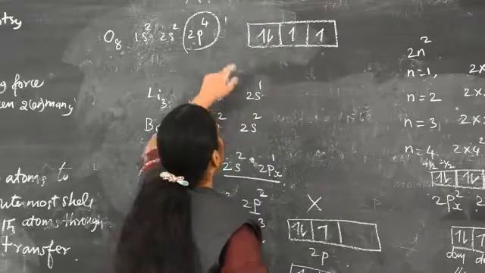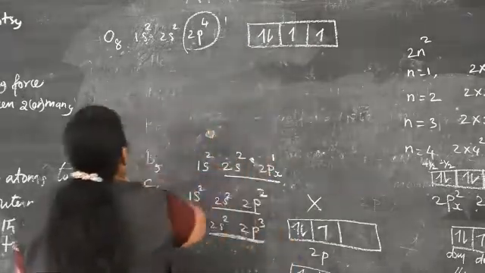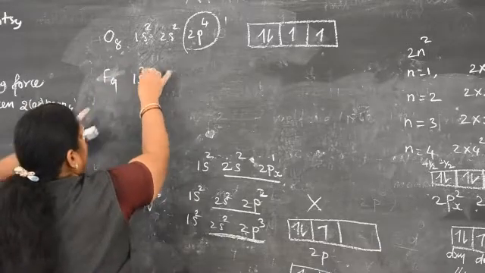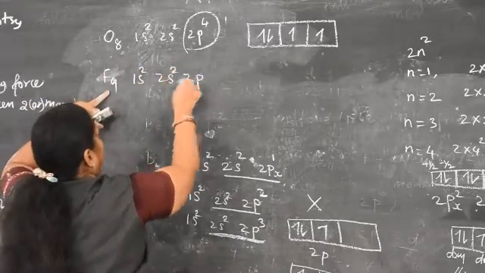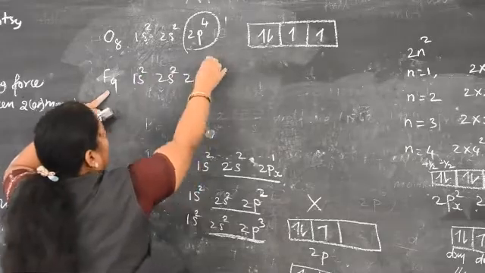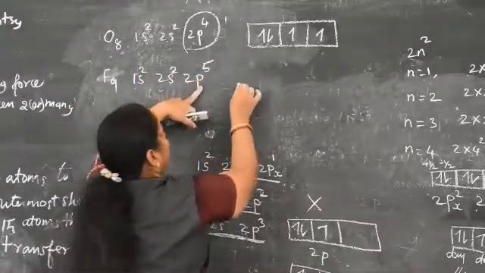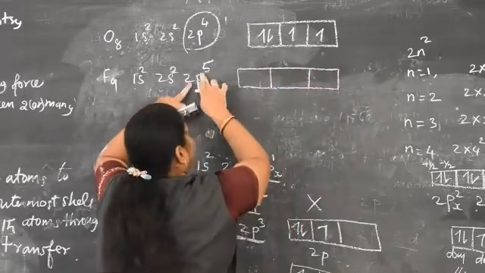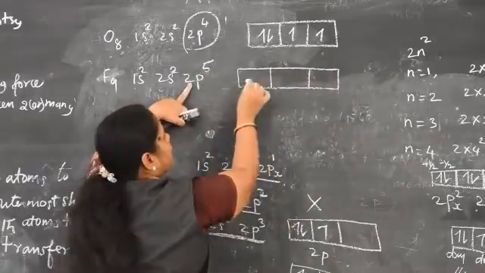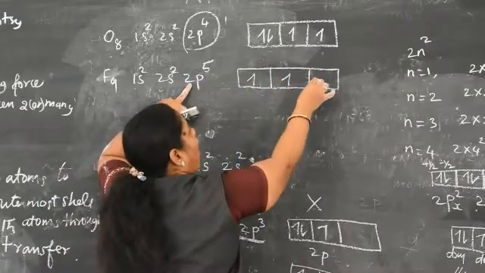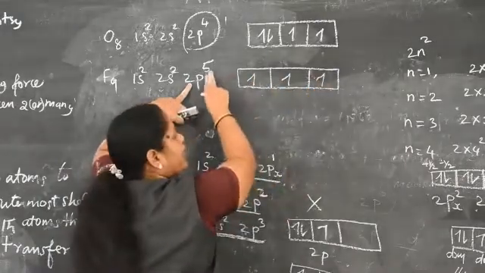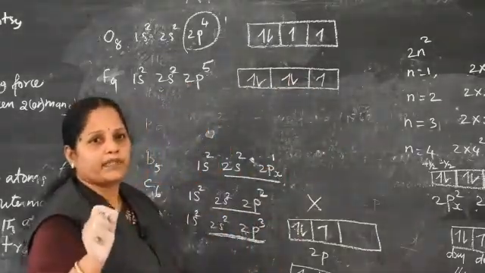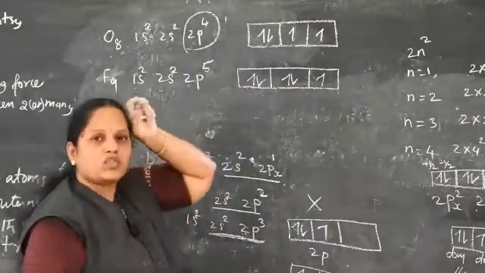Clear, boys? Next fluorine, listen. Fluorine, atomic number 9. So 1s2, 2s2, 2p5. How will you fill these 5 in the p orbitals? Totally the p orbitals are 3, and the number of electrons in p is 5. So first I fill 1, half filled. The remaining 2 more electrons enter here. In this way you represent it; this rule is called Hund's rule.